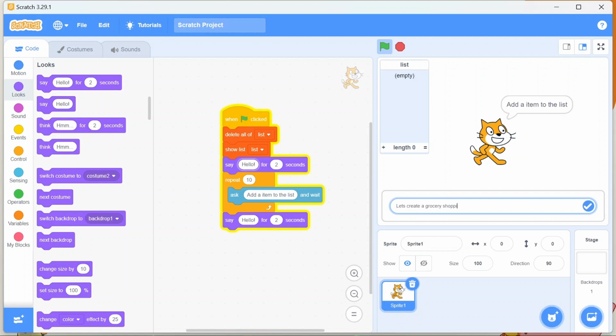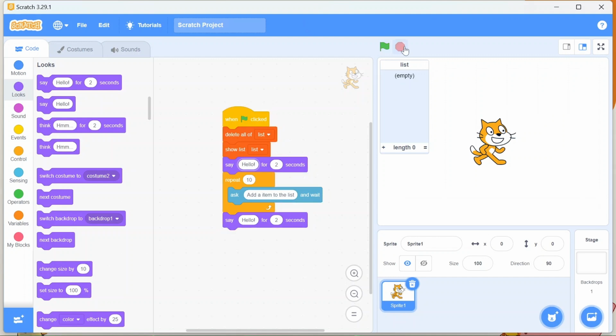Okay. Oh, sorry, this is going. See, we just started it. We can just stop it, and here we can just start again. Let's just have this, as we need to change this content, right? List of grocery items.